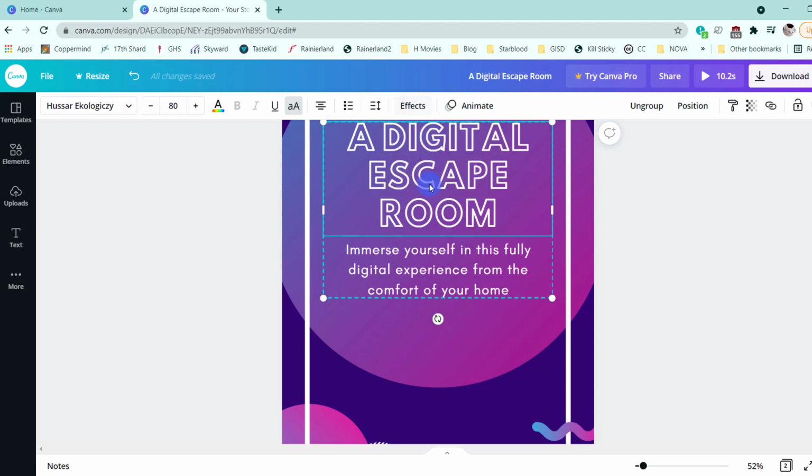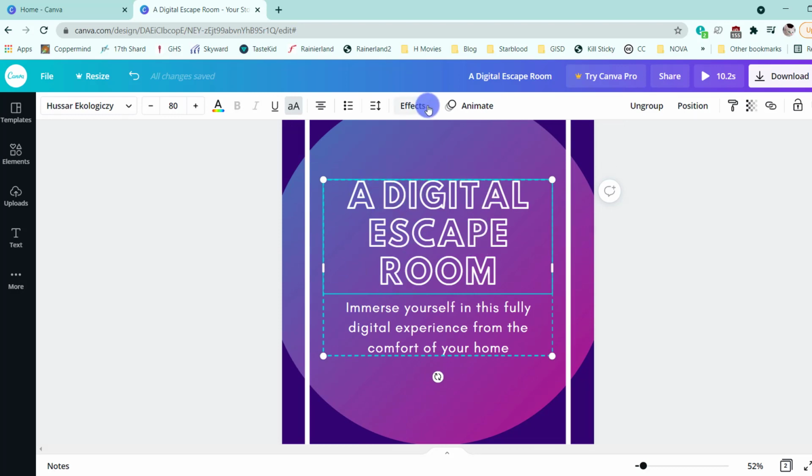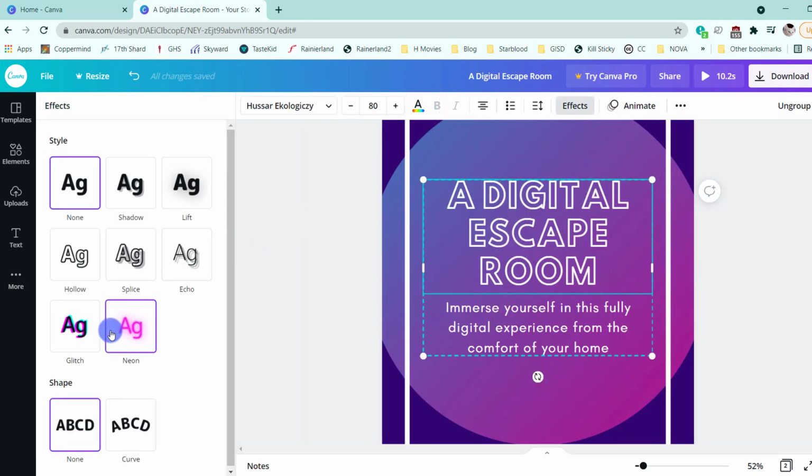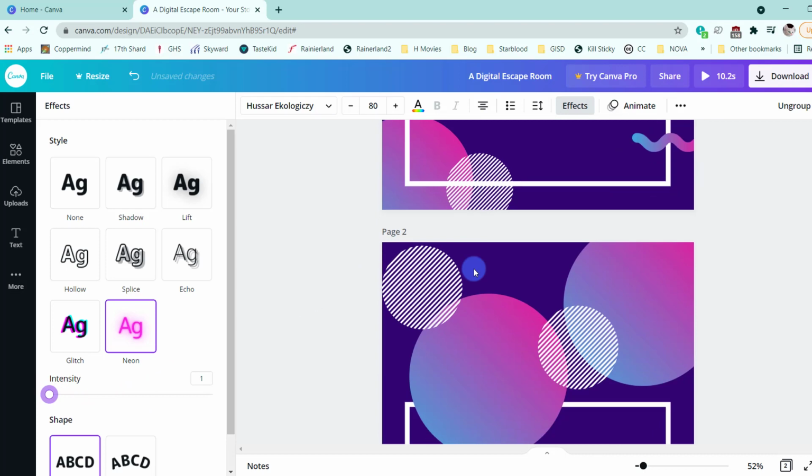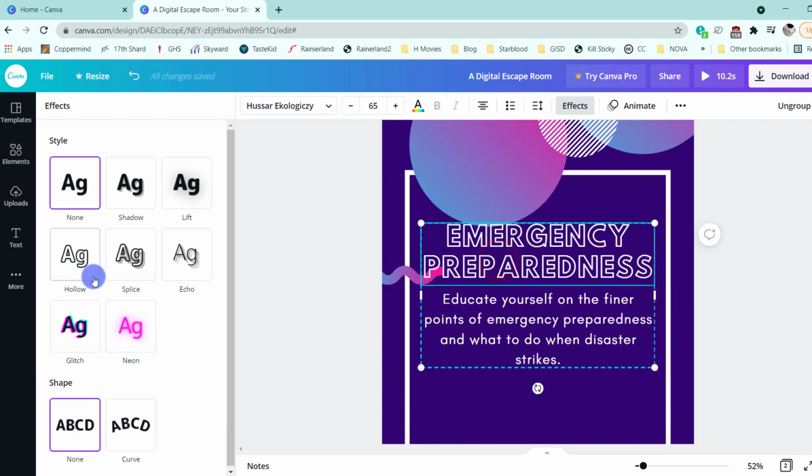I'm going to select the text box, go into effects, and I'm going to add a little neon style, and I'm going to set the intensity just a little lower,